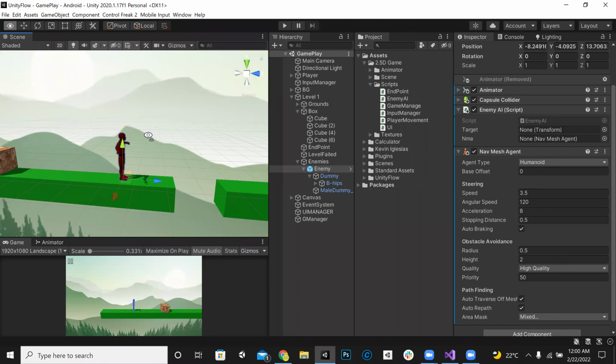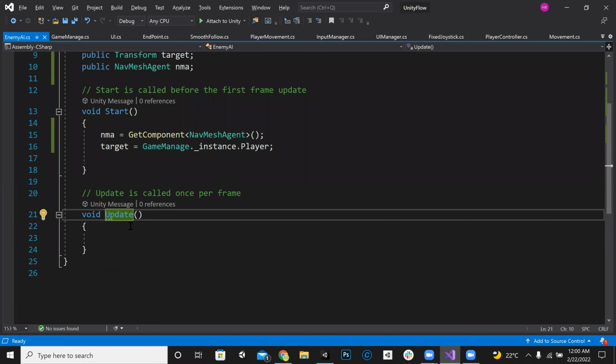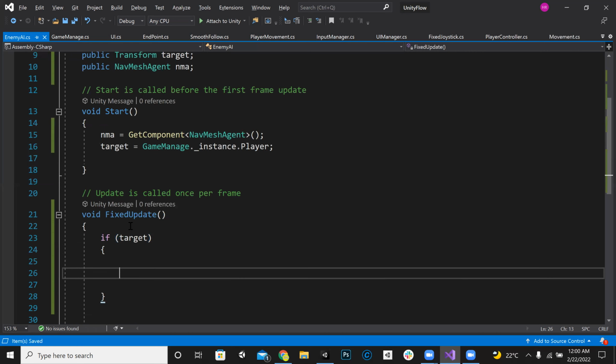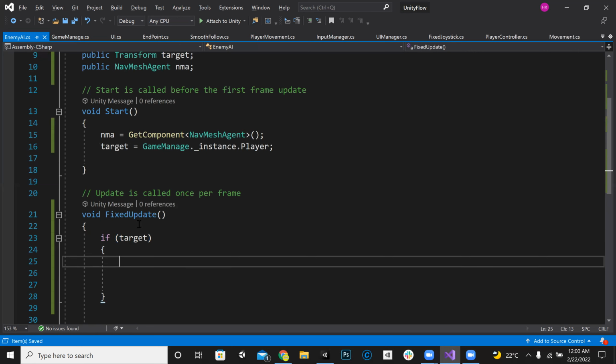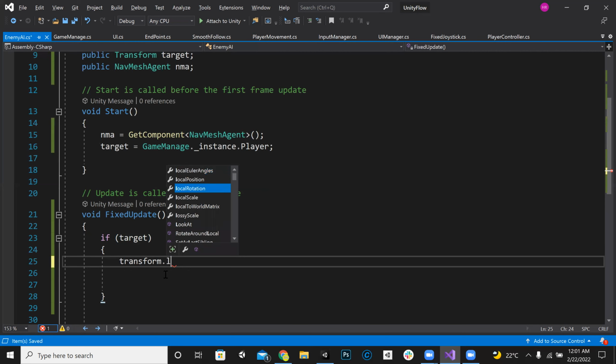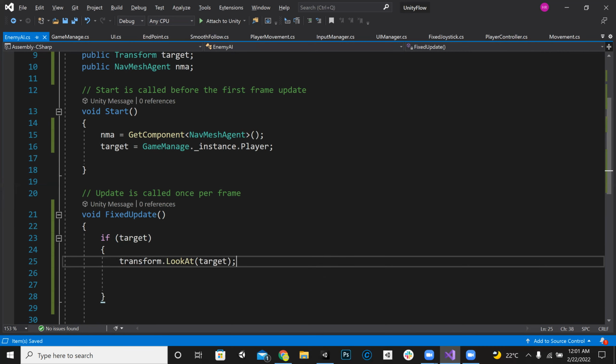So from the script, we can go to the FixedUpdate method, and if the target is not null, then transform.LookAt, and we can make it target. That's it. So whenever the game is started,